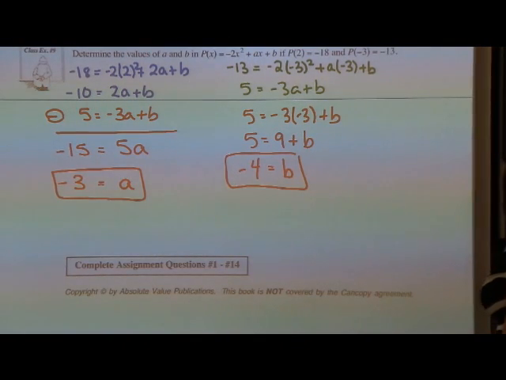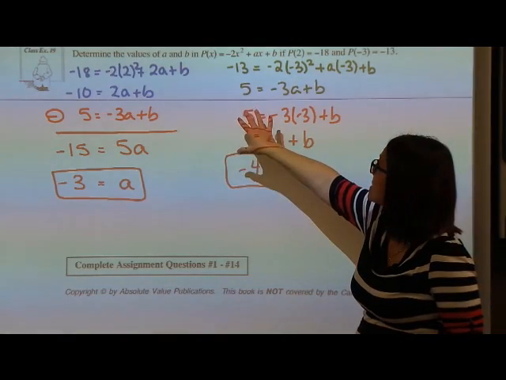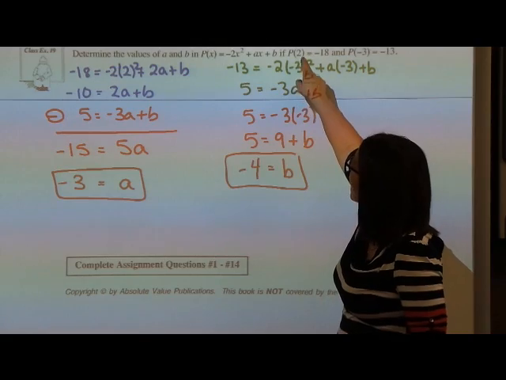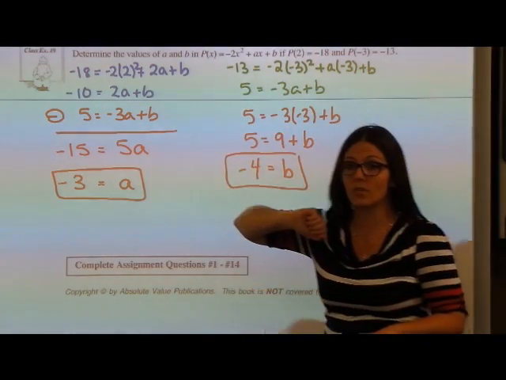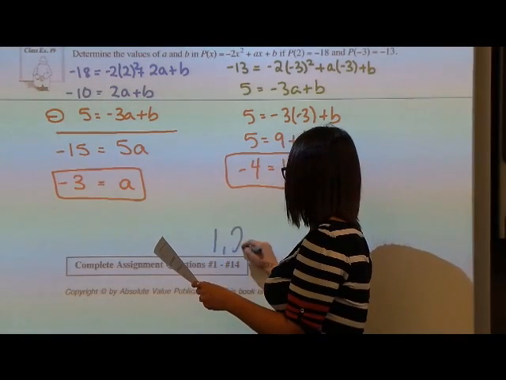So I can go back and use my system of linear equations to solve this as well. The key point that they're stressing in this class example is just that substitution, that understanding that I need to put 2 in for x and that it would equal negative 18. So the questions for you, 1,